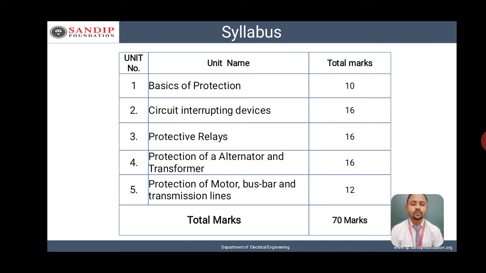This is a very important unit from the application point of view. In this unit we are going to learn the various protection schemes applied for the motor, the bus bar and transmission line, and the total weightage for this unit is 12 marks. In this way the total theory marks of these 5 units is 70 marks.